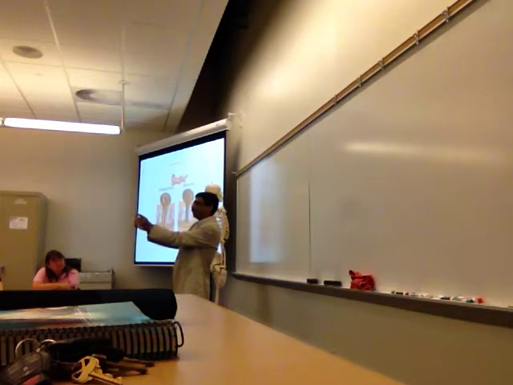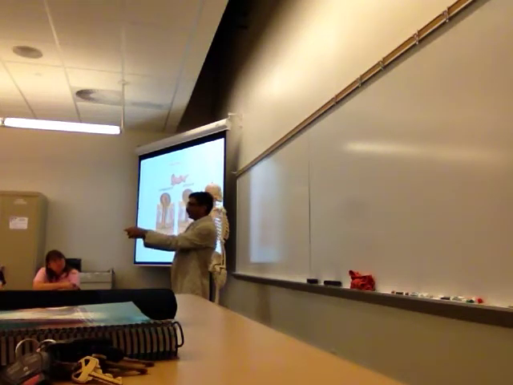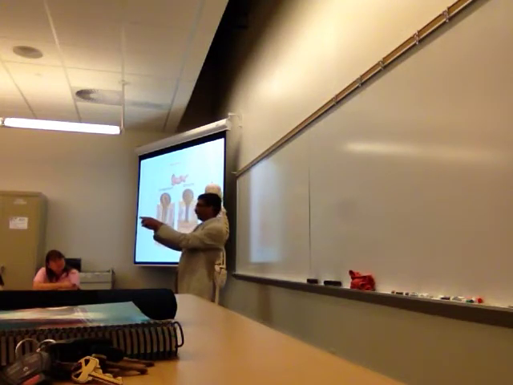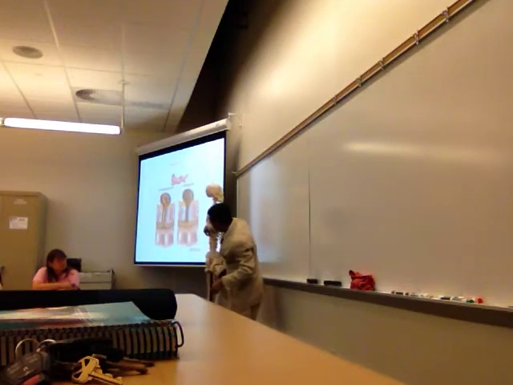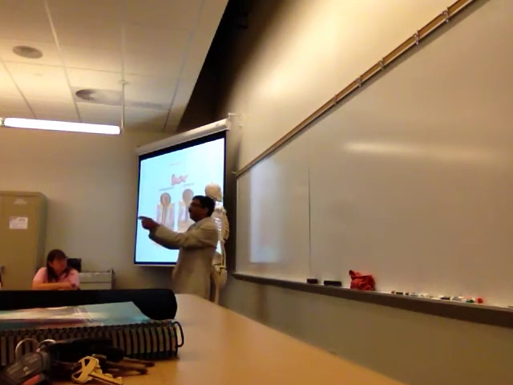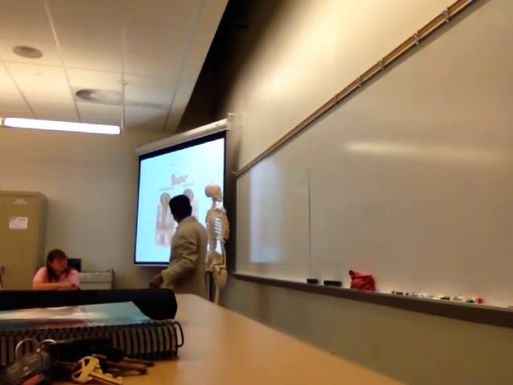Finally, they fuse like this and form the spinous process. Now, if that fusion is not complete, what can happen? It will not fuse and form the spinous process. In that case, a gap will remain in the back,